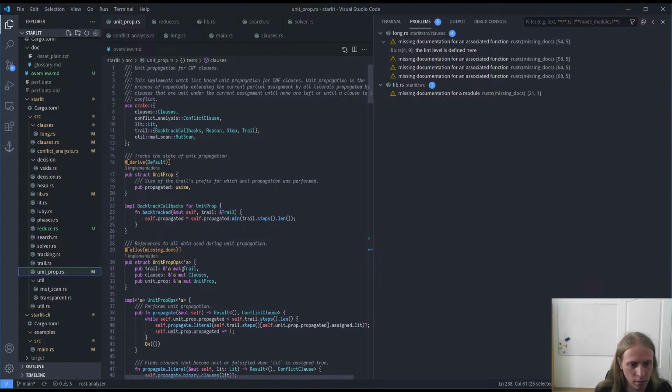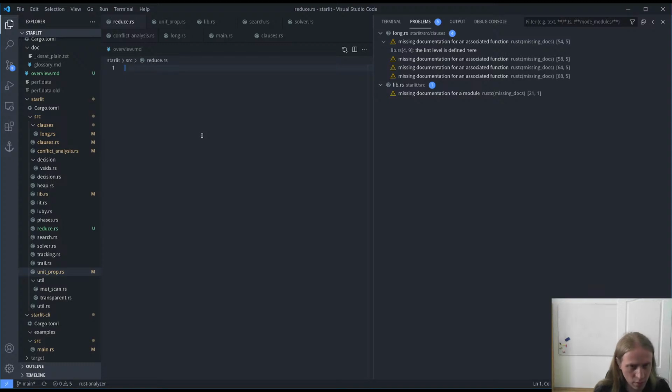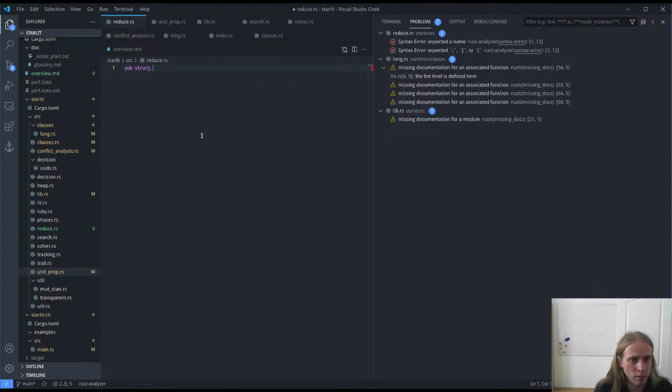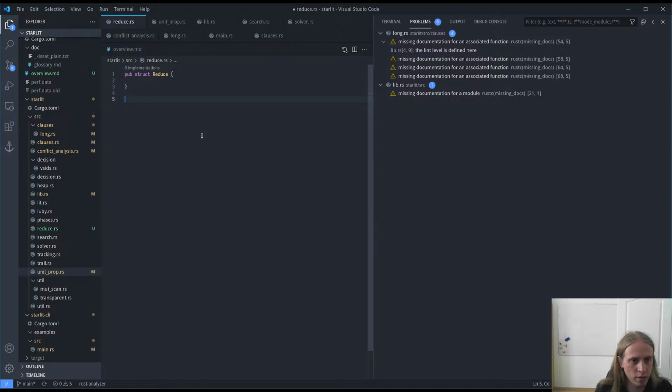And I think I'm going to use the same pattern I've used for unit propagation and conflict analysis, of having a struct that takes a few references to things that are needed. But in this case, I think I'm going to take the complete search as a single reference. And then the data just for clause reduction, so separately. So this, and then